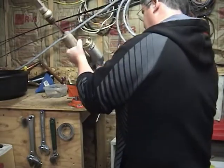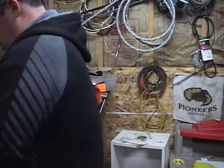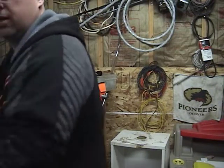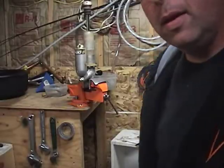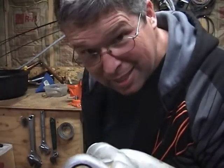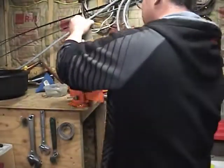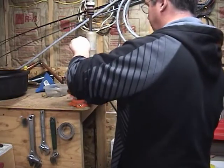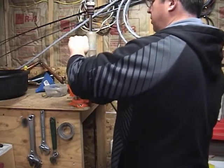Oh, I should probably take out that bushing. Let's see how hard that's going to be. Stand by. Okay, so that bushing is not coming out of there. There's also no play in it, so I'm not going to fix it if it's not broke. But what we do want to do